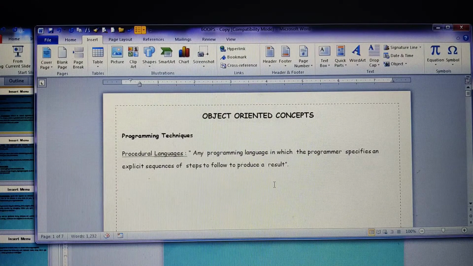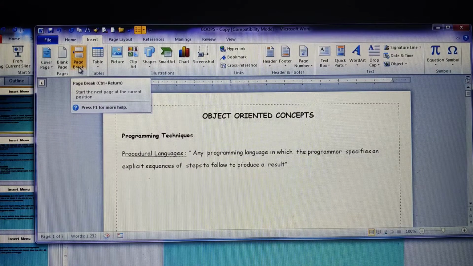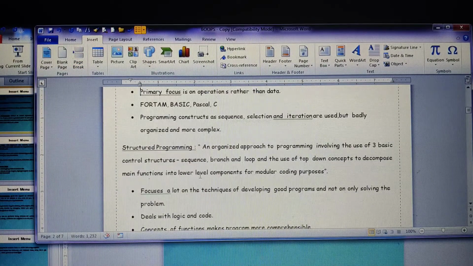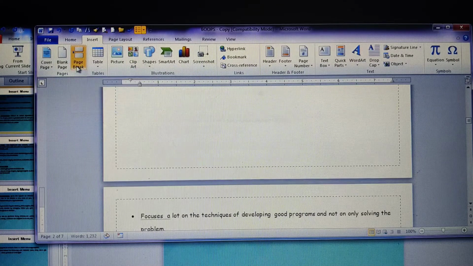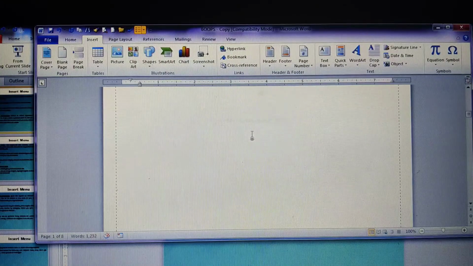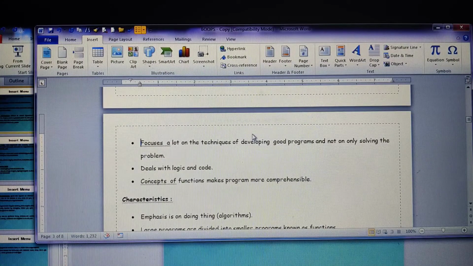That means the contents from the point where I place a cursor and click onto the page break, it will help you to start the next page from the current position itself. All right, see there is a page break right from here. If I place it right here, if I go for the page break again, immediately it will start a new page right from wherever I have placed a cursor. This is how the page break works. I hope students you are able to understand this particular operation.